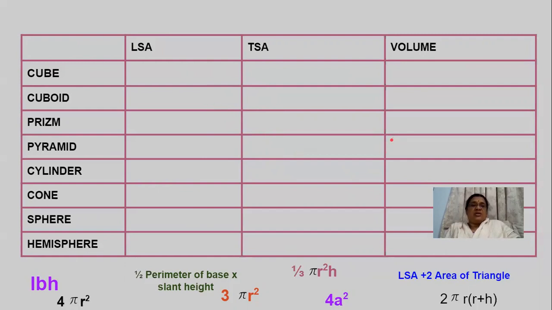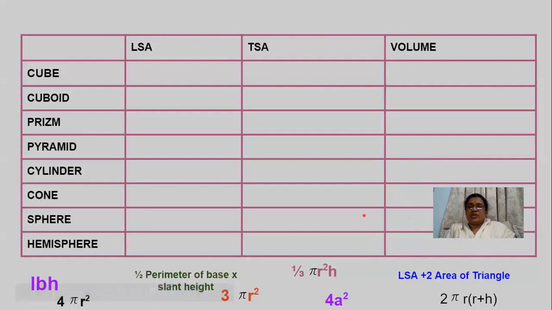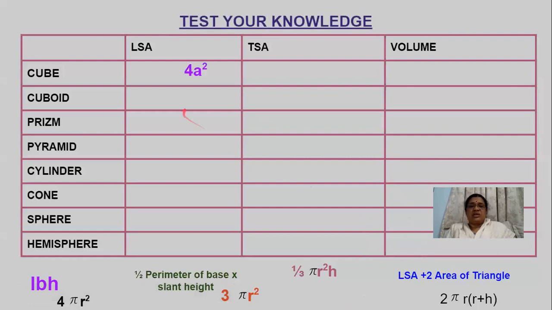And here, let us take the cube. What is the formula for the lateral surface of a cube? Lateral surface area of a cube. Is there any formula here below? Yes, the lateral surface. What is the lateral surface area of a cube? It is 4a square. See, 4a square. Is it coming or not? Yes. The lateral surface area of a cube is 4a square.